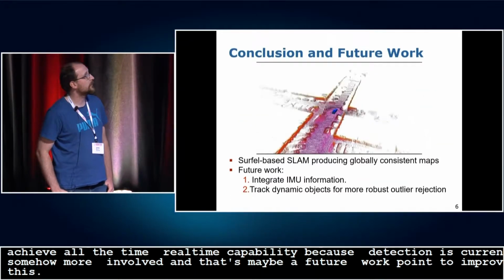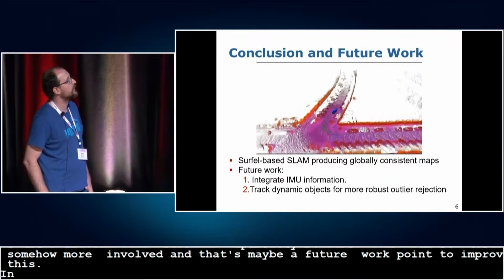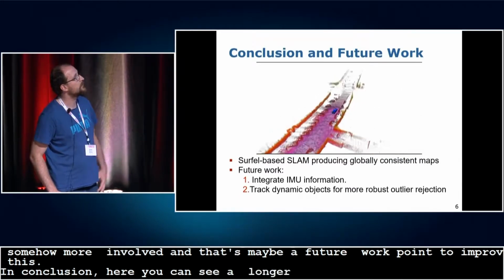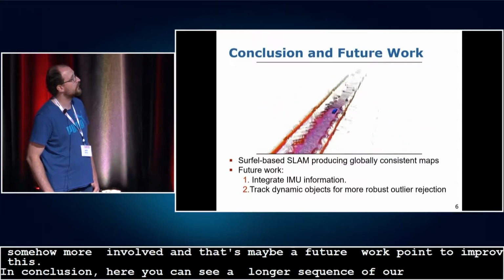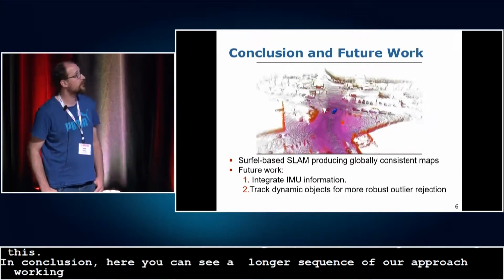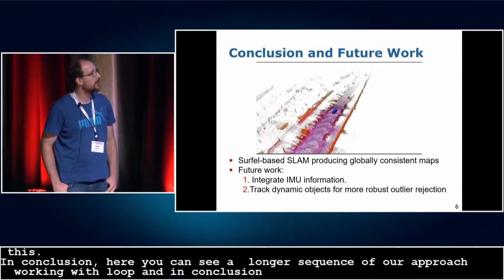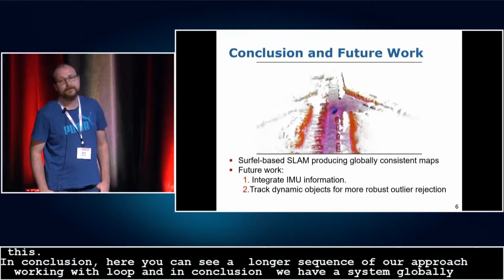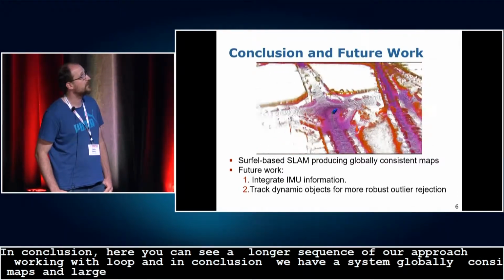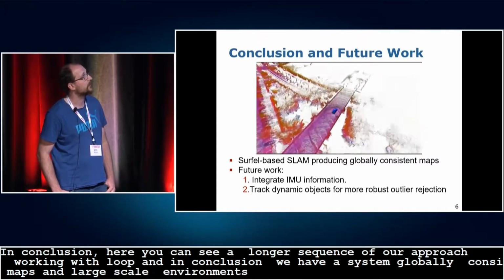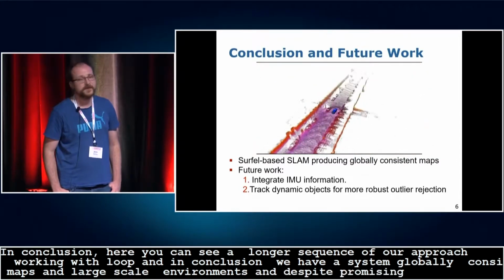In conclusion, here you can see a longer sequence of our approach working with multiple loop closures. And in conclusion, we are presenting a surface-based SLAM approach producing globally consistent maps in large-scale environments. And despite its promising results, there are certain avenues for future work, like integration of IMU information, because